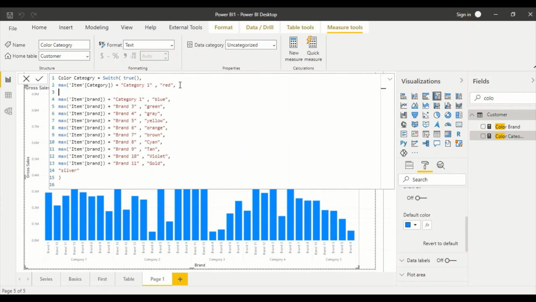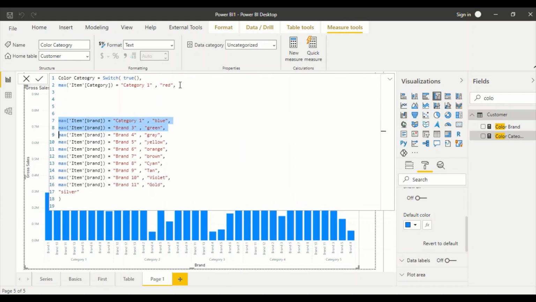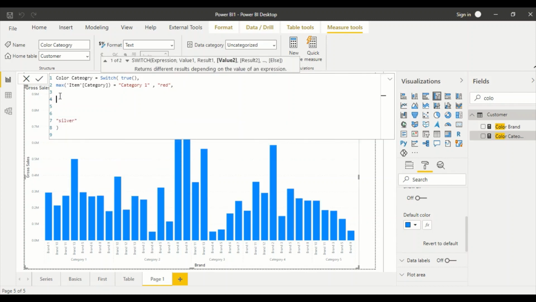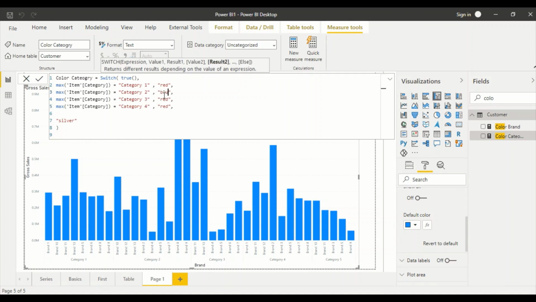Rest of the stuff I don't need. Let it be silver. Okay, and let's copy paste certain stuff out here. 2, 3, 4, let's say red, blue, green, yellow.